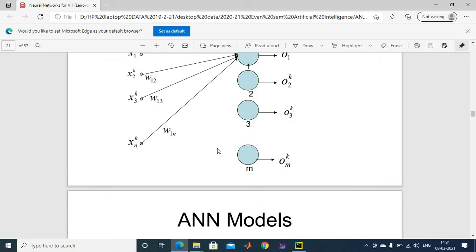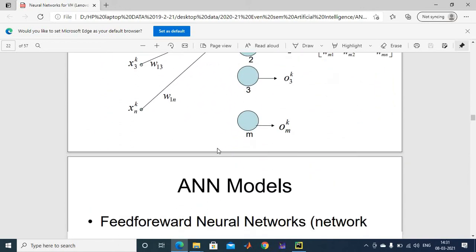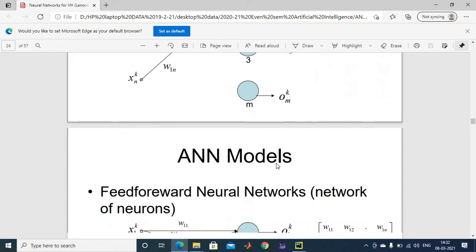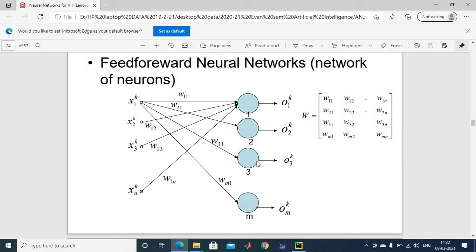Now if you consider two neurons at a time, suppose this one, what happens in this one? This neuron has these four weights over here, if you can see. These four, the first row, are for the first neuron, and it gives you one output. If there are two neurons in the network, then a new set of weights is added, and that complete set will form another row over here. So this is W21, W22 up to W2n. Similarly, if there are three and so on.